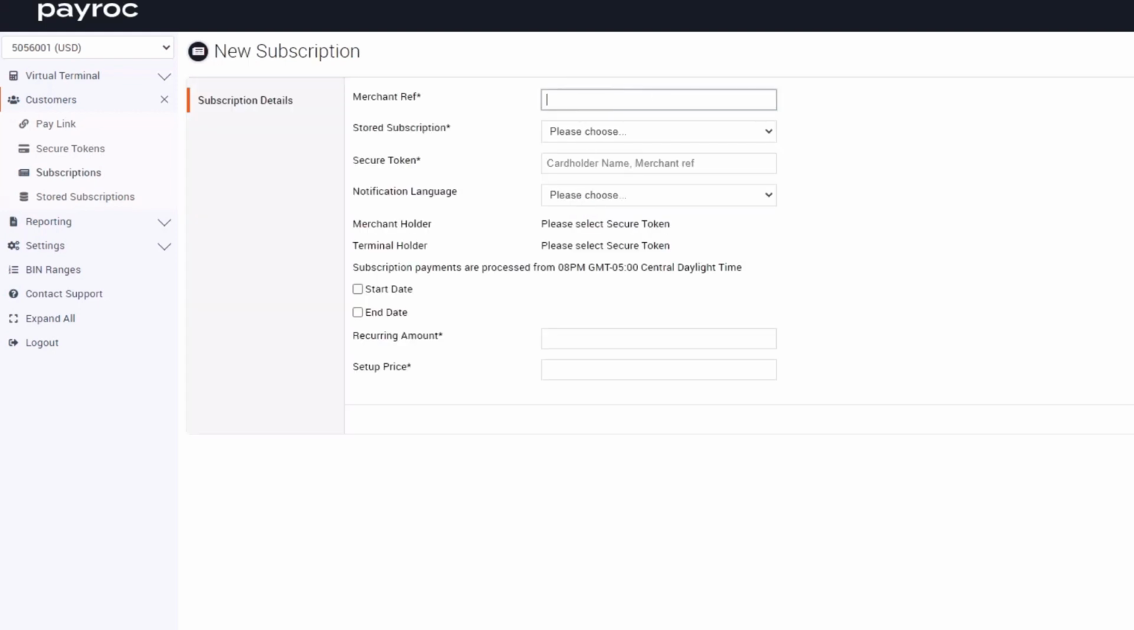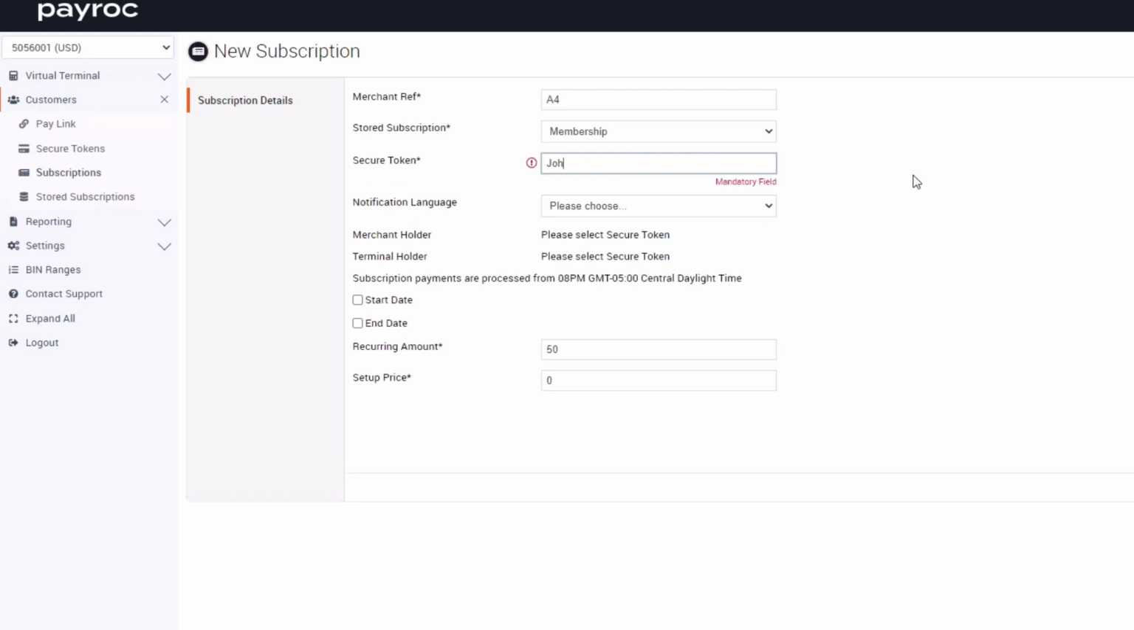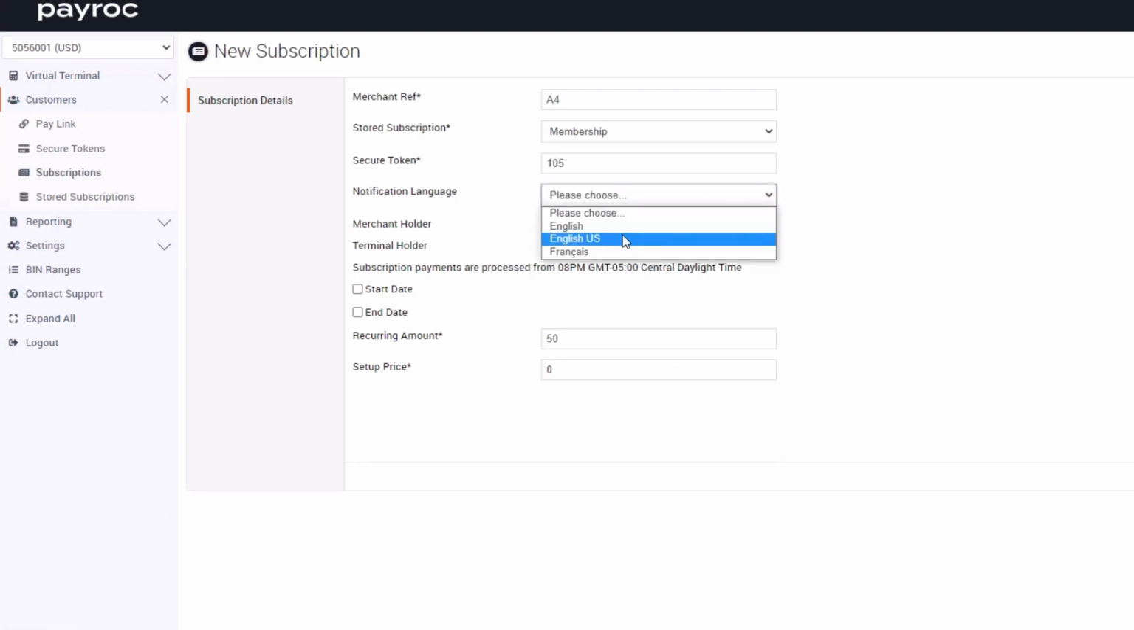Here, I'm going to create a merchant reference for this subscription. Select the plan. I'm going to go ahead and select Membership, the one we just created, and now search for the secure token. This will be the customer that I'm applying this plan to. You can search by cardholder name or merchant reference. Here's John Smith. We'll choose the notification language